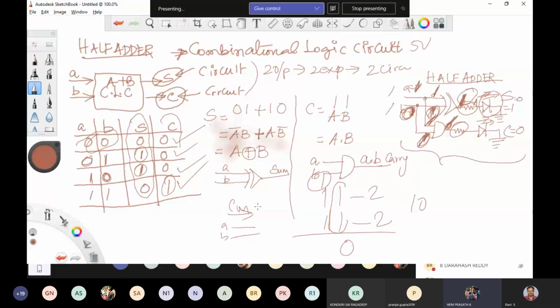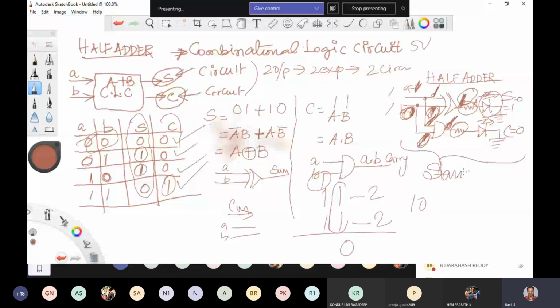So the one which you have drawn, is it the standard half adder circuit, or do we have any other types? No, this is standard.